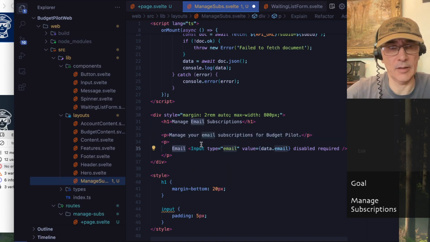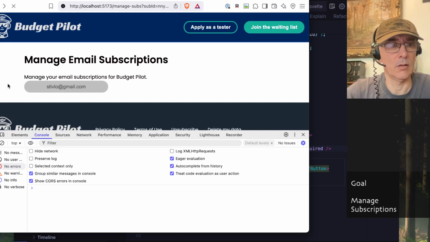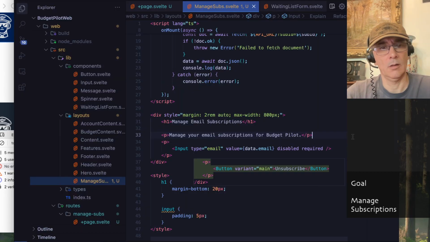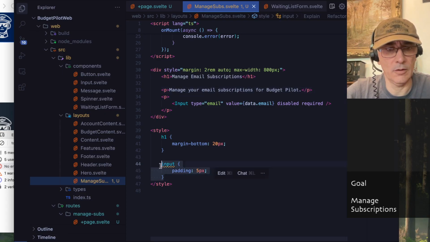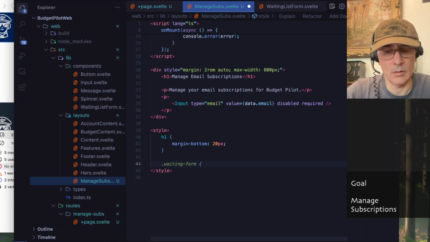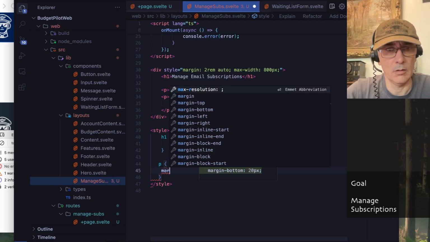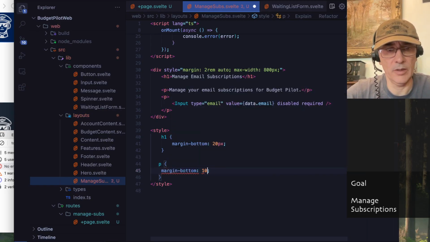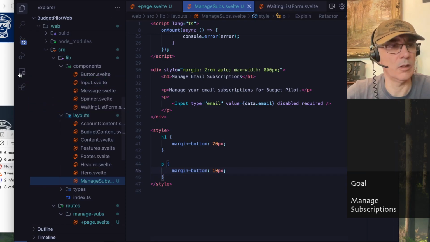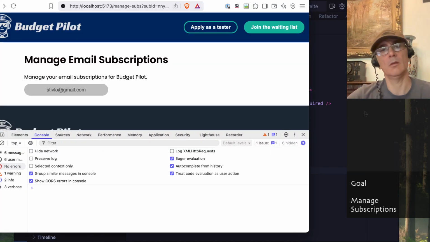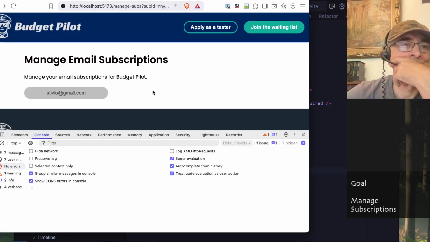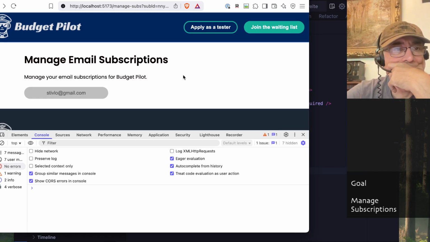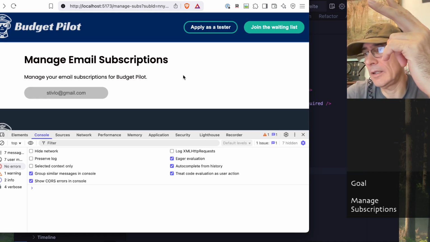Yeah, maybe something like that. Okay. No need for that. Yeah, I want to say margin bottom 10 pixel. I don't know, or maybe I have to work on... make it 20. Okay, nice. Then I know that I have two